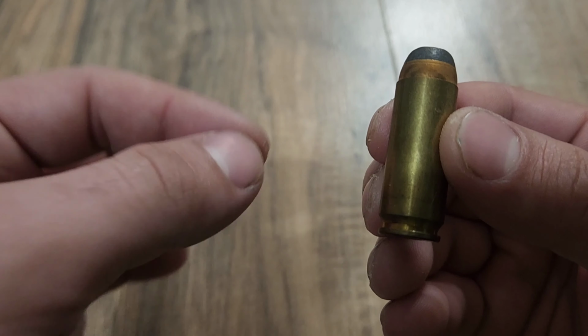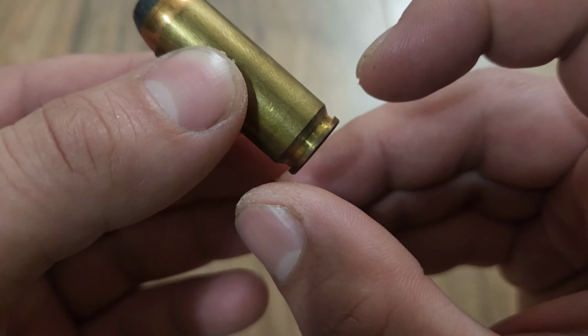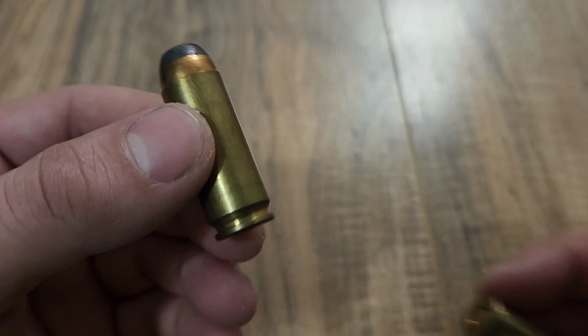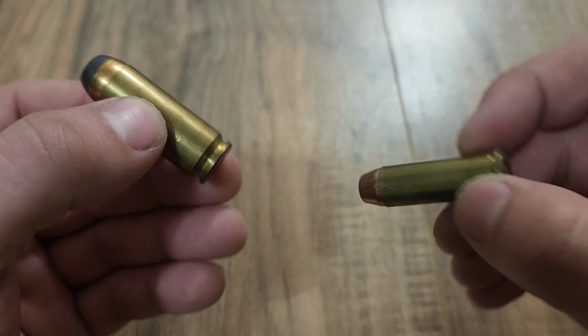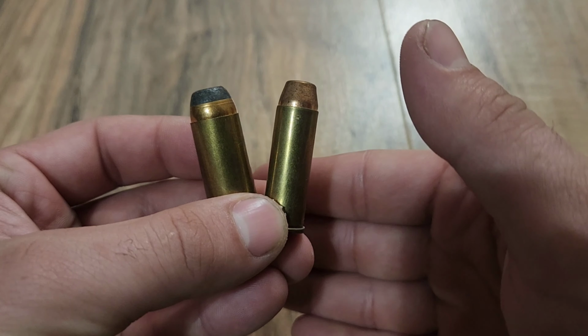Now, looking at this cartridge a bit more, one thing that a lot of people notice is the rebated rim. So unlike on, let's say, a standard 9x19, where the rim is pretty much equal with the diameter of the bottom of the case, on the 50 Action Express the rim is actually just a tiny bit smaller than the diameter of the case. And this was done in order to get it small enough to match the case head of a 44 Magnum, because they wanted the guns to be interchangeable between both the 50 Action and the 44